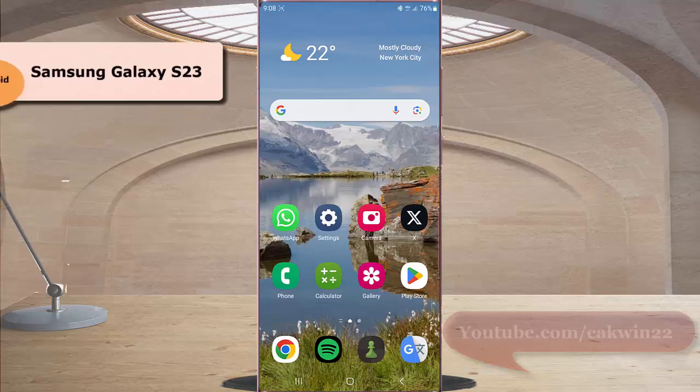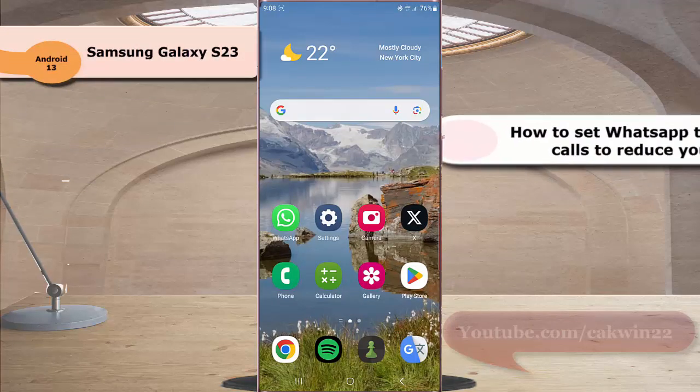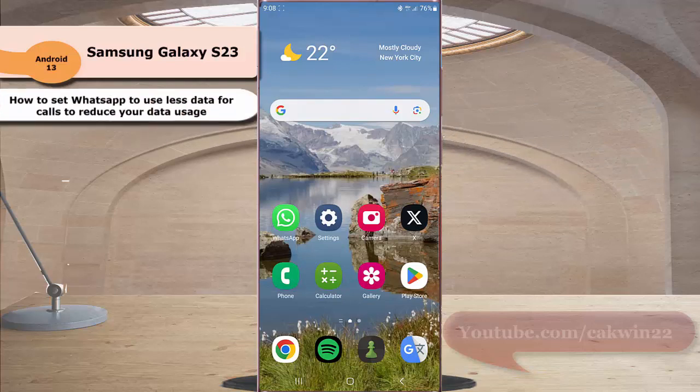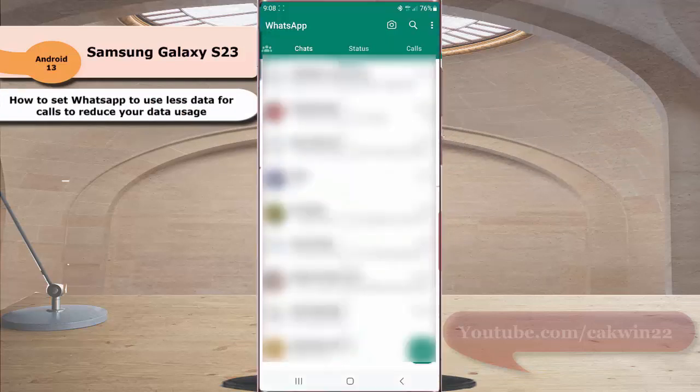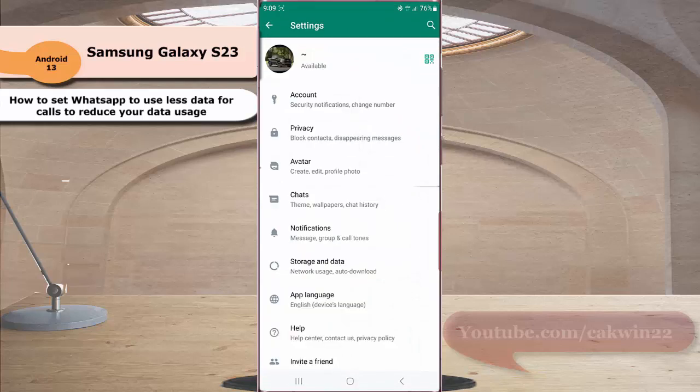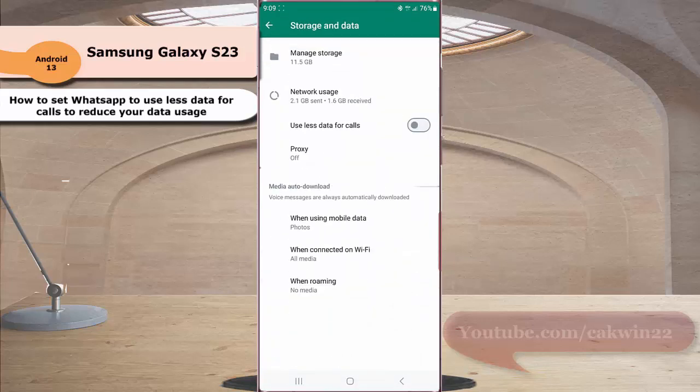To set WhatsApp to use less data for calls to reduce your data usage in Samsung Galaxy S23 Ultra, open WhatsApp. Tap more icon or 3 vertical dot icon at the top right. And then select settings. Tap storage and data. And then tap the gray on option next to use less data for calls to enable